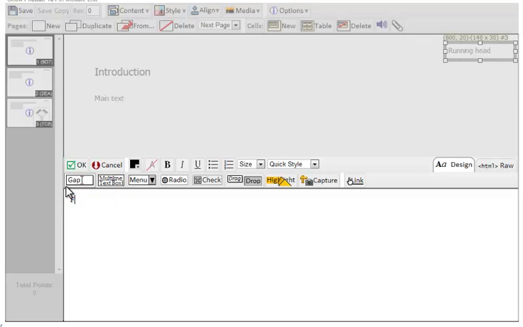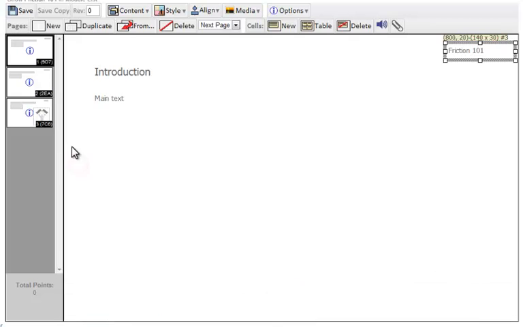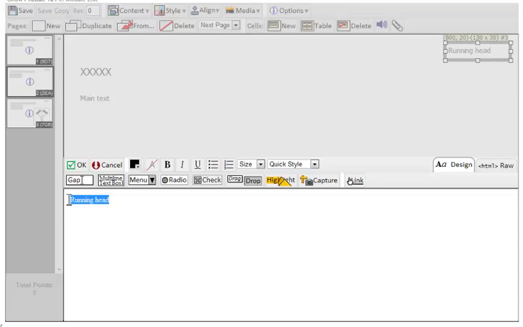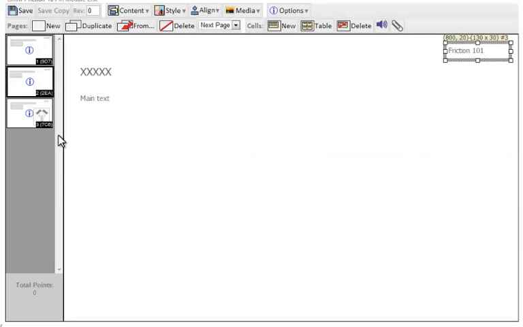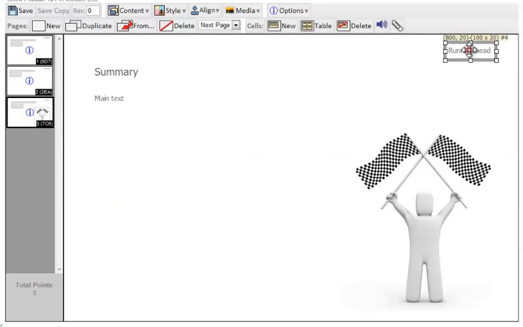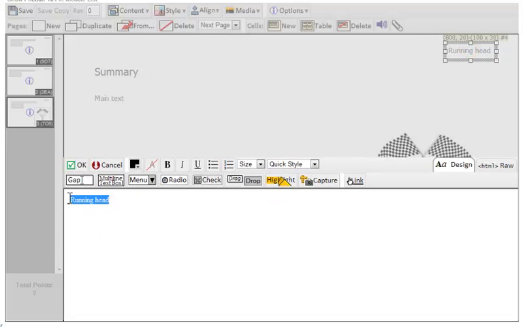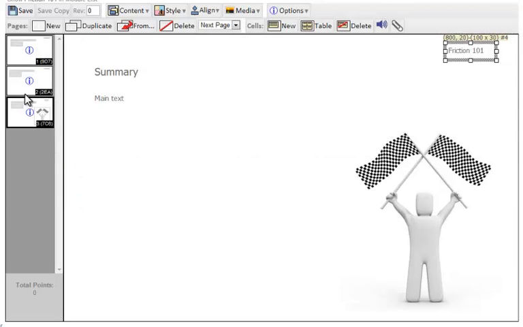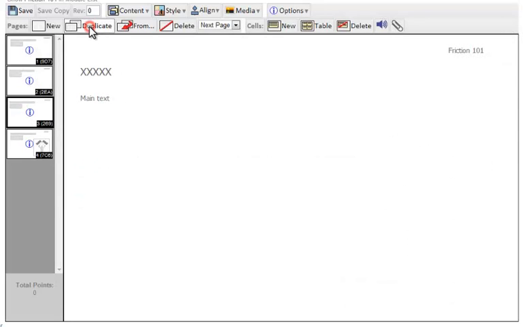Before I copy too many of these pages, I'll edit the running head. I'll actually copy it using keyboard shortcuts, and then when I go to the other pages I can just paste it in. So that's just copying and pasting. Now I'm going to take this middle page, which is like the information page, and duplicate it. So now I have my 5 pages,